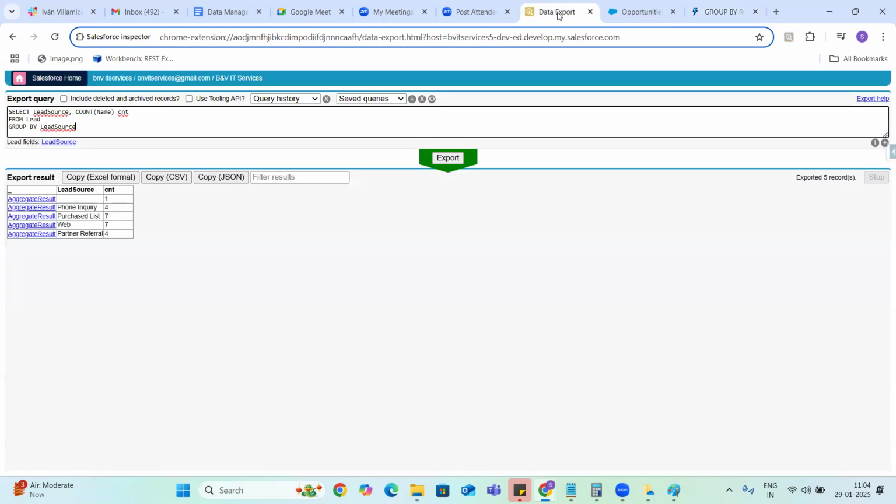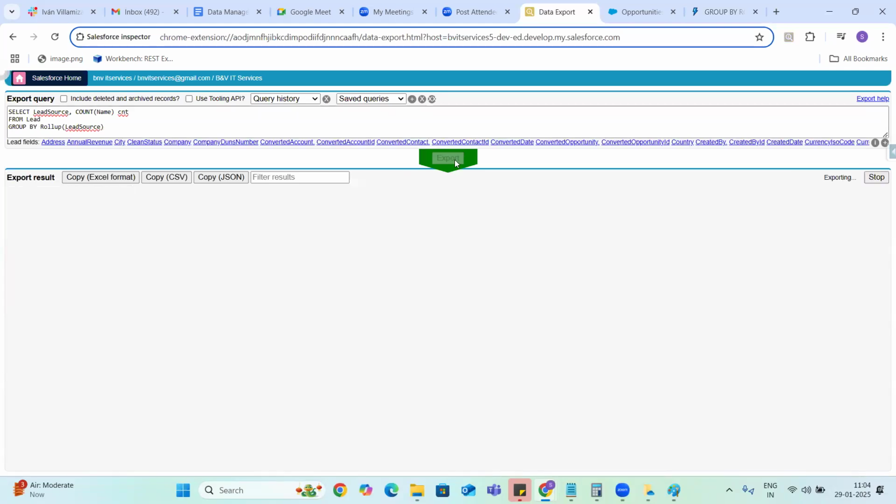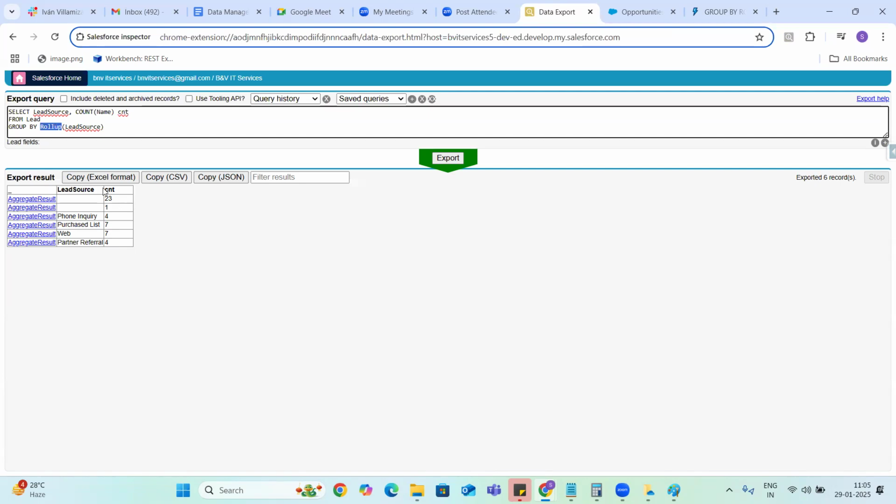But using the roll up, I can see it is getting some records which are blank. Oh, okay. Now I can understand. Whenever you say roll up, guys, it is just summing up the records and displaying into one row. So overall, this is like 23. 7, 7, 14. 14 plus 4, 18. 18 plus 4, 22. 22 plus 1, 23. So roll up is something like that, which is giving a total count as one extra row.